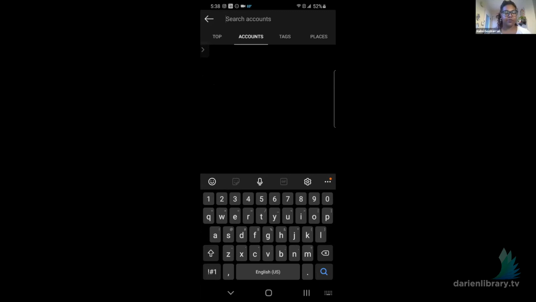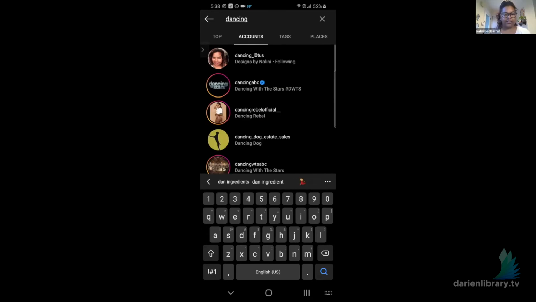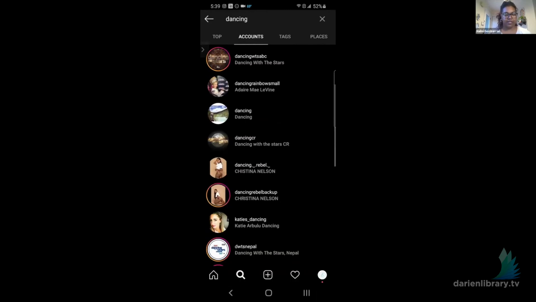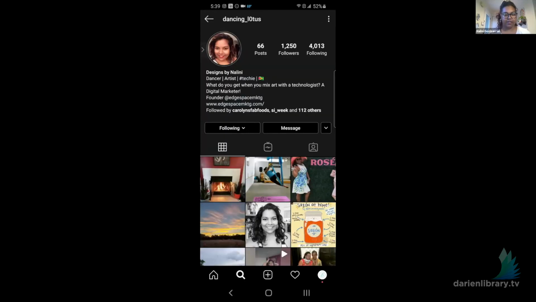Right next to that is the word accounts. When I click here is where I can search for accounts. So I'm just going to search for it because I know it. Dancing Lotus is my personal account. And as I started typing it in, it started filling in other handles that match that. And so if I wanted to go to that, I just tap on it and it takes you to my